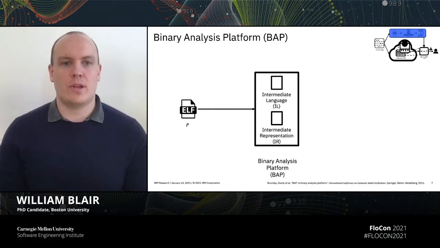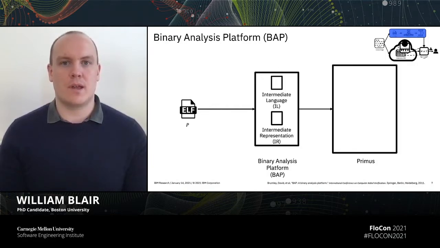Now, at this current point, you can implement static analyses, which may resemble, say, an LLVM compiler pass that allows you to scan over the instructions and perform different analyses over the application itself. But the killer app for our purposes is the Primus machine that is also implemented inside recent versions of BAP. Primus is really cool because it allows you to take the program in its intermediate language representation and feed it to a Primus machine that can execute arbitrary segments of this program starting from any possible point.